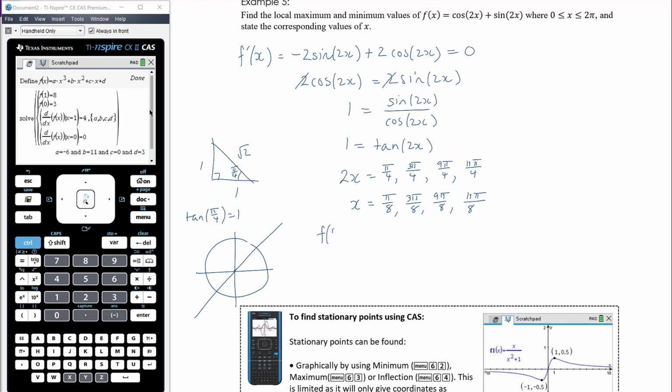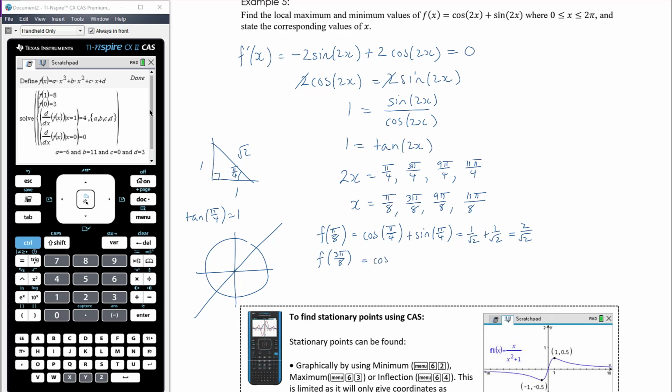So f of pi on 8 is going to be cos of 2 pi on 8, which is pi on 4, plus sine of pi on 4, which is 1 on root 2 plus 1 on root 2, which is 2 on root 2. If we were to do f of 3 pi on 8,